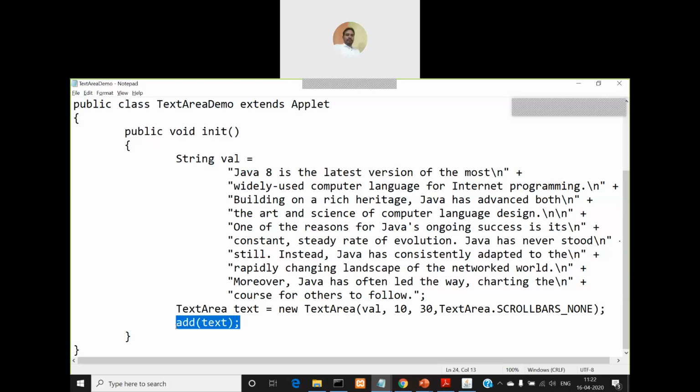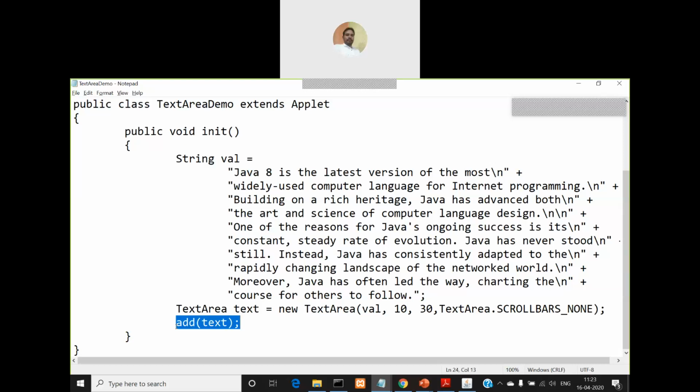Am I registering any listener interface here? No, because I'm not going to perform any event. This is just going to display how to create a text area. So the text area will be created and displayed, and inside the text area some default text will be displayed. We are not going to implement any listener interface. As such, you can see how the class is defined.